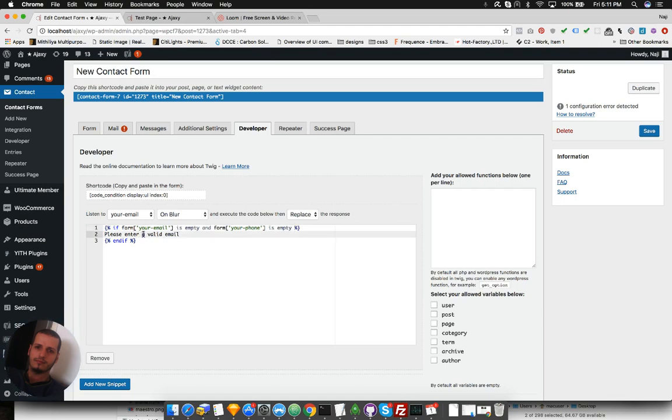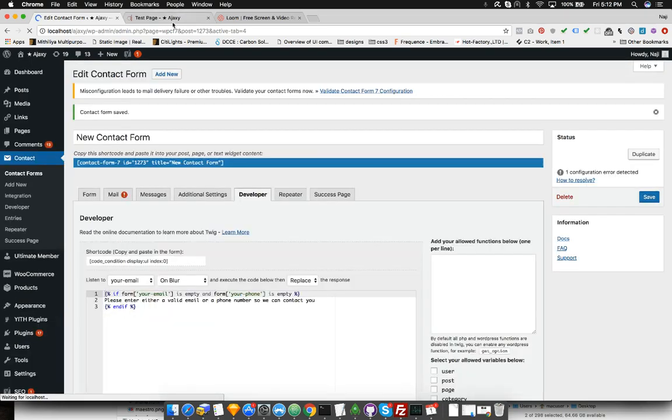Enter either a valid email or a phone number so we can contact you. Save, test,